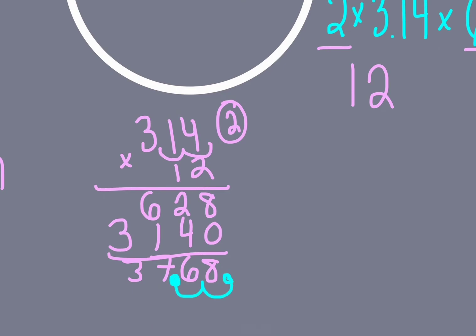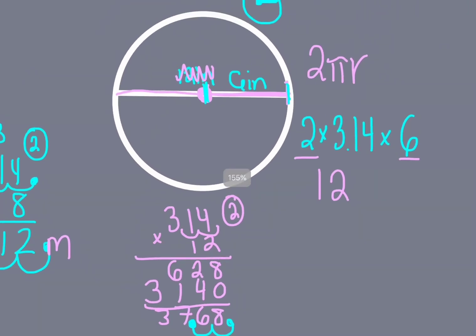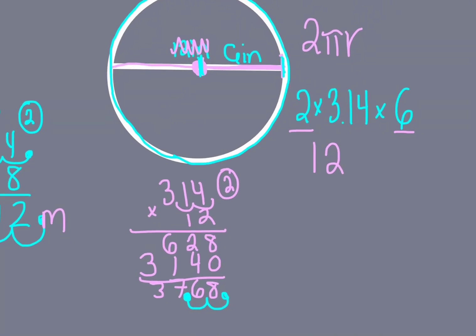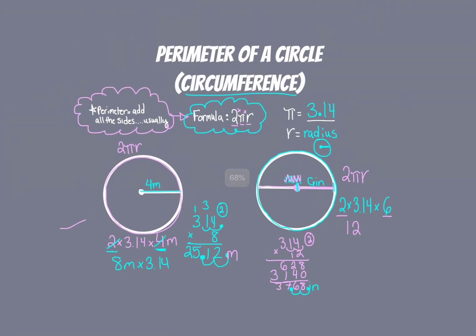So that means if I was to go around this whole circle and get its perimeter, it would take me 37.68 inches worth of fencing. So don't forget your formula, and that is how you find the perimeter of a circle,